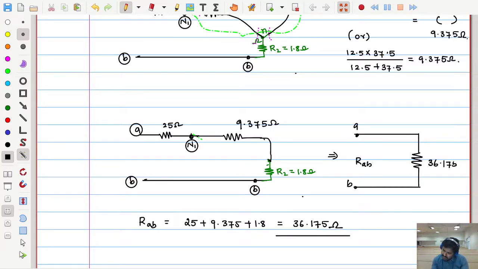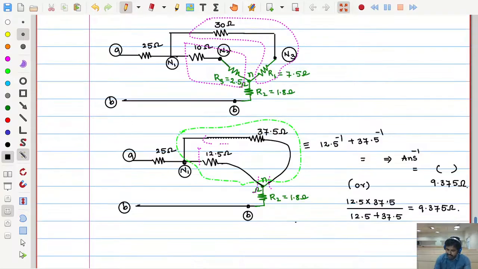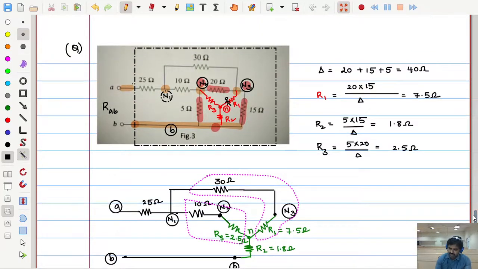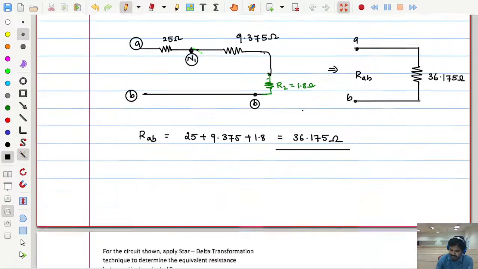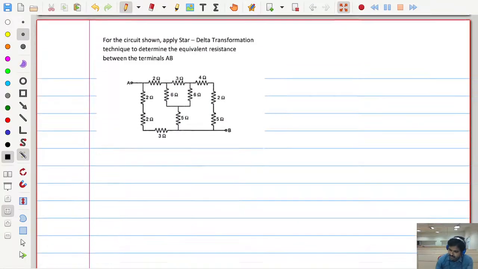So in this way, see, one simple conversion has guided us to get a single equivalent resistance. If I won't convert this delta into star, then no elements are found to be either in series or in parallel. So we were unable to simplify this network into a single equivalent resistance. But once we transform this delta into star, a lot of advantage was there. Now let us see the next problem.